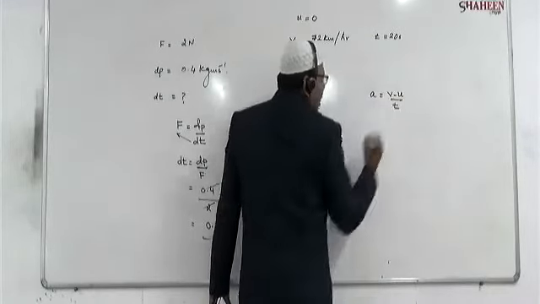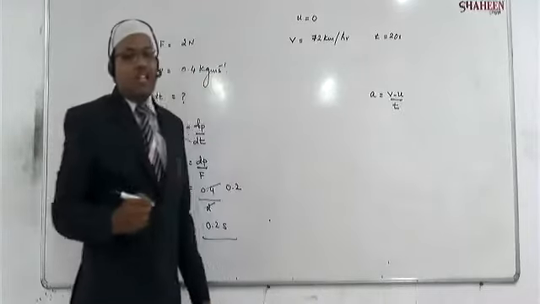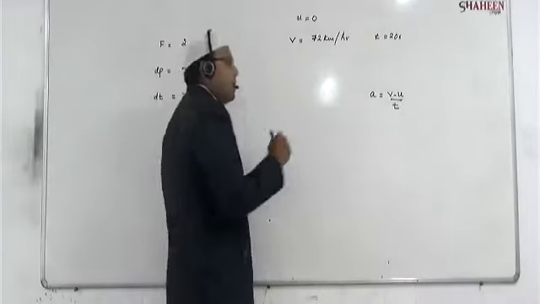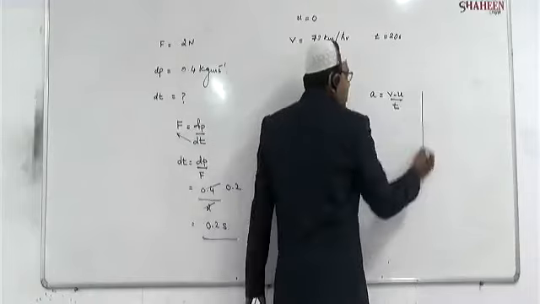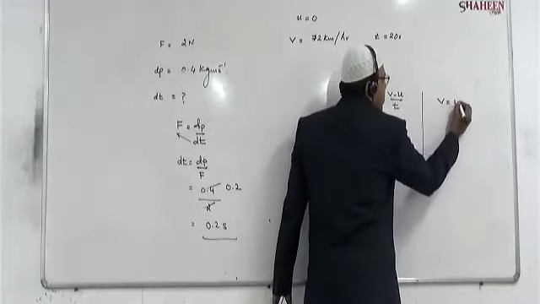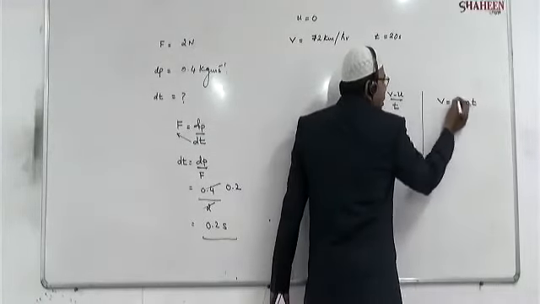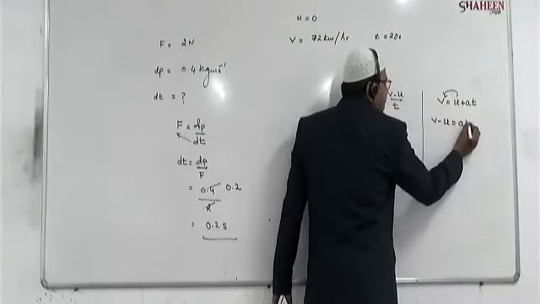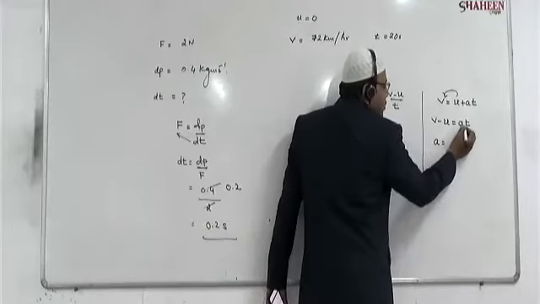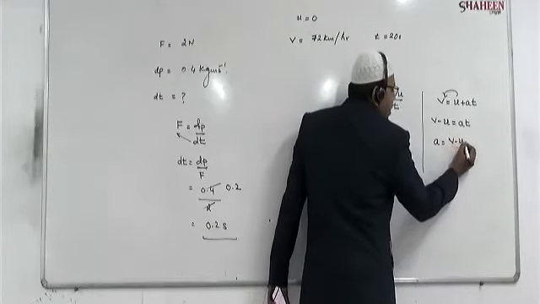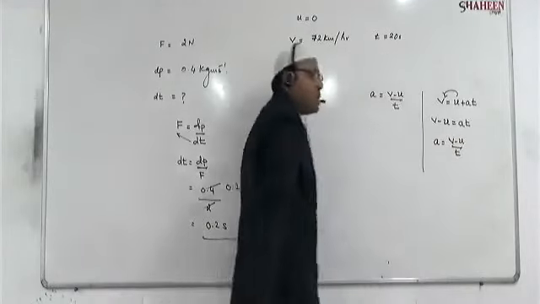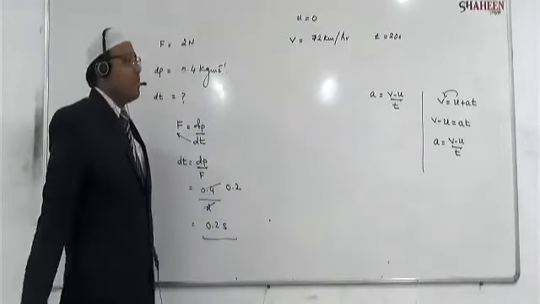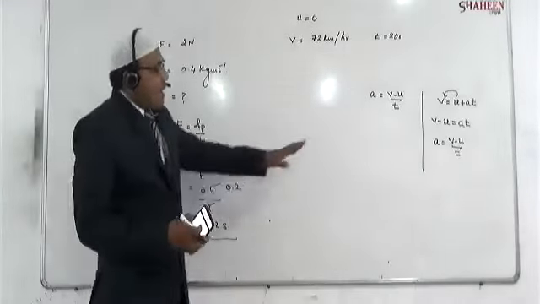This is the formula for acceleration, that is change in velocity by time. If you have a doubt about where this comes from, look here. We have this equation, v is equal to u plus at. If I take this part here, it becomes v minus u is equal to at. Now, from this, a is equal to... we have to take t in the denominator, v minus u by t. I hope it is clear. a is equal to v minus u by t.